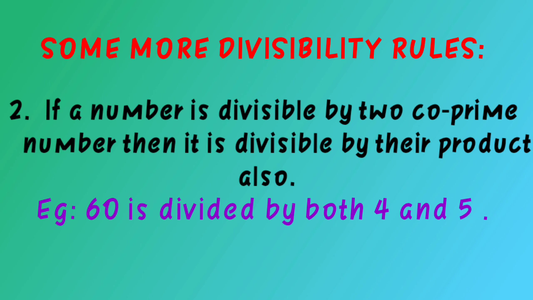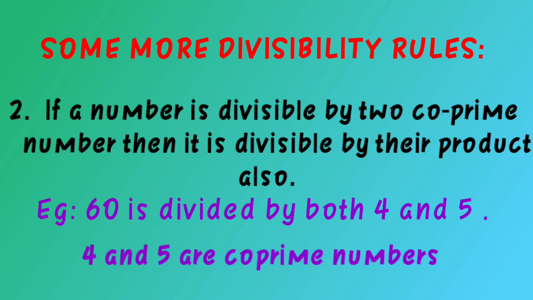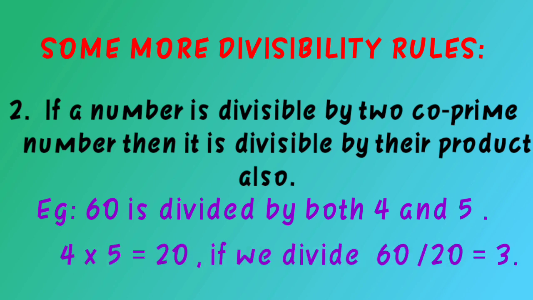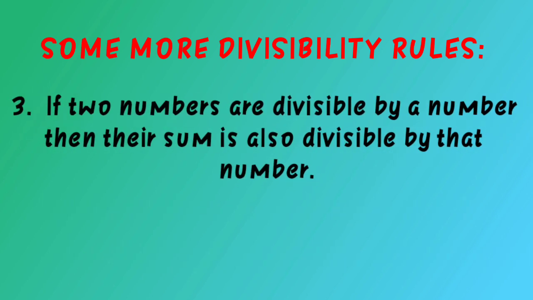Let's take a number 60. 60 is divided by both 4 and 5. 4 and 5 are co-prime numbers. 60 is also divided by the product of 4 and 5, which is 20. If you divide 60 by 20, we'll get 3. Hence, it is proved. The third one is, if two numbers are divisible by a number, then their sum is